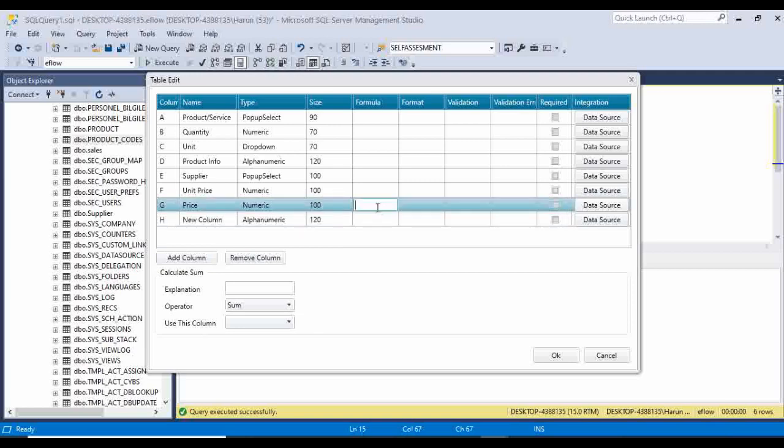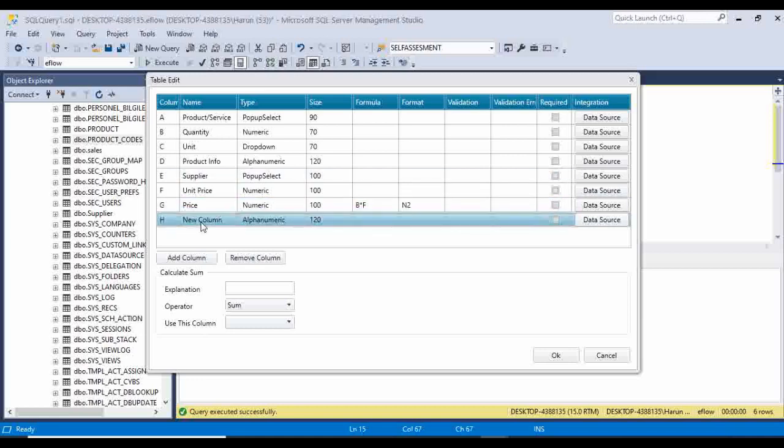So let's write the formula of the price too. It will be unit price multiplied by quantity, so just B multiplied by F, and the format will be just 2 digits after comma,